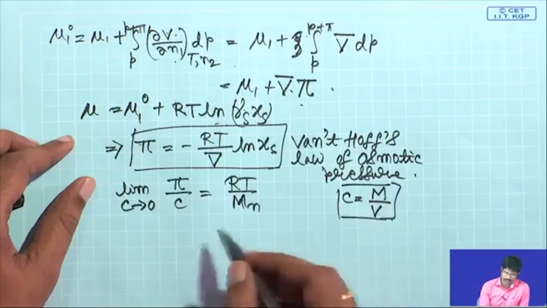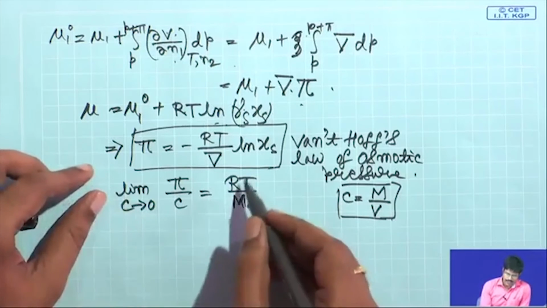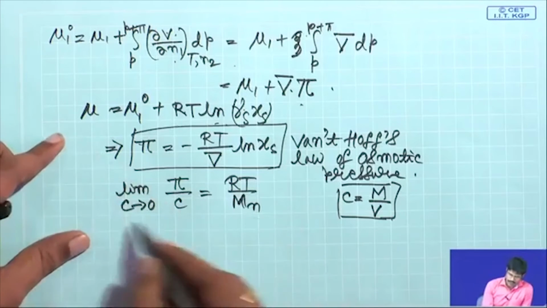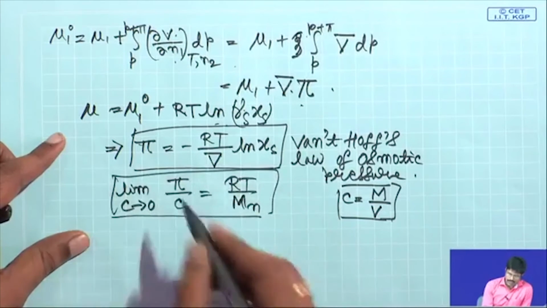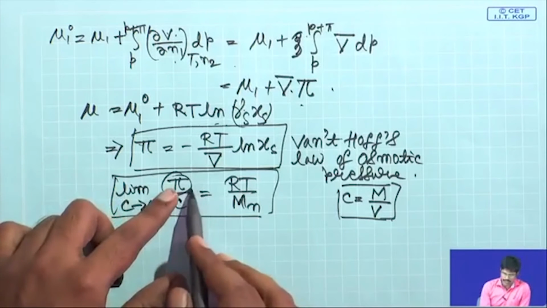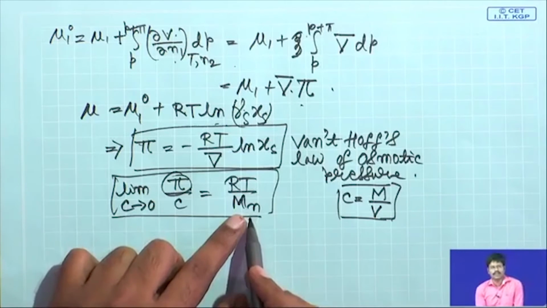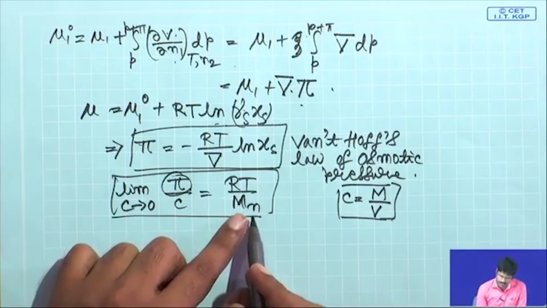So, concentration is equal to weight by volume. So this equals RT by Mn, this is how it comes. So, you know that your osmotic pressure pi is related to your number average molecular weight,